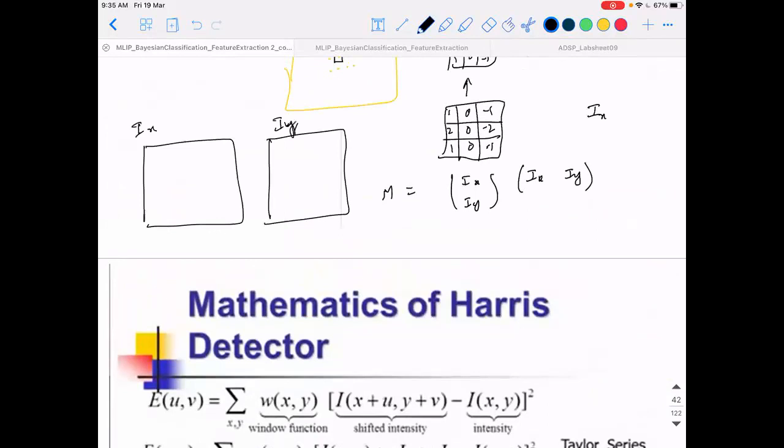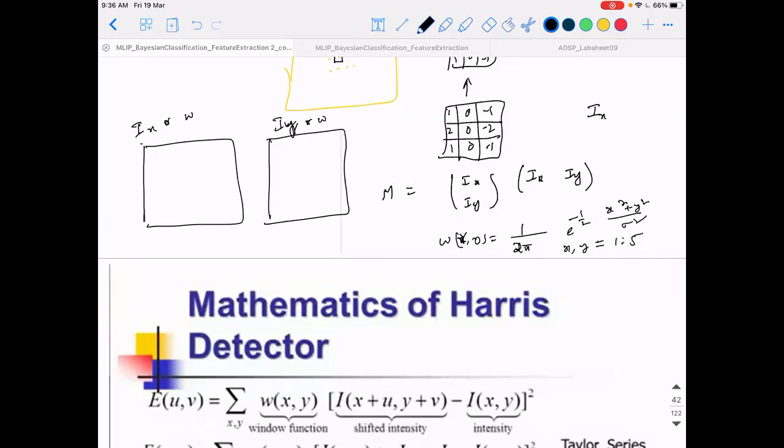Then what will I do? I will convolve this Ix matrix with the W matrix. What is this W matrix? W is nothing but a Gaussian kernel or whatever. W of x comma y is 2-dimensional, like 5 cross 5 or 3 cross 3: 1 by root 2 pi sigma, e power minus half, x square plus y square by sigma square, where x comma y may go from 1 to 5, for example, for a 5 cross 5 Gaussian kernel or Gaussian weights that I may design.